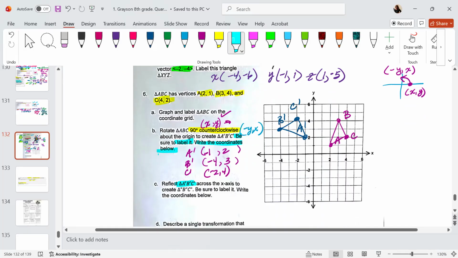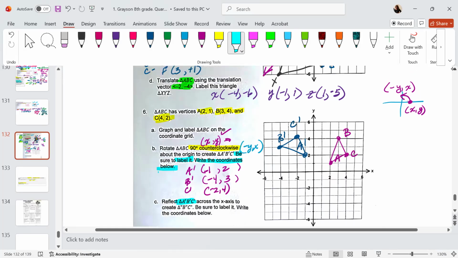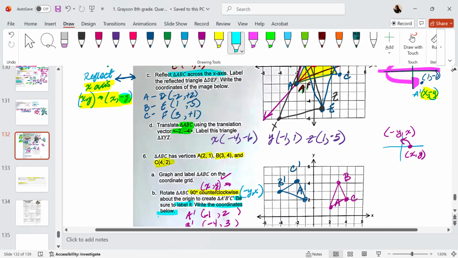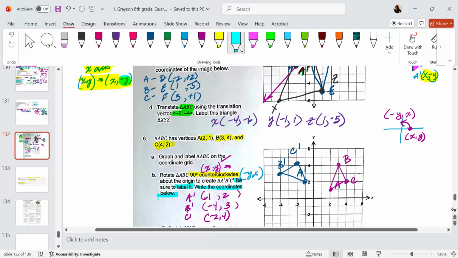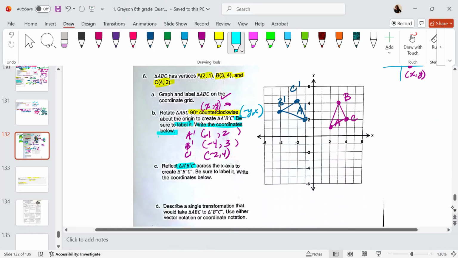Do you understand? Okay, because before, like for number 5, for example, all they ask you to do is always translate ABC, which was the original triangle, correct? For number 6, they're asking you to do it from the new image, okay? So if you have to reflect across the x-axis, like for example,